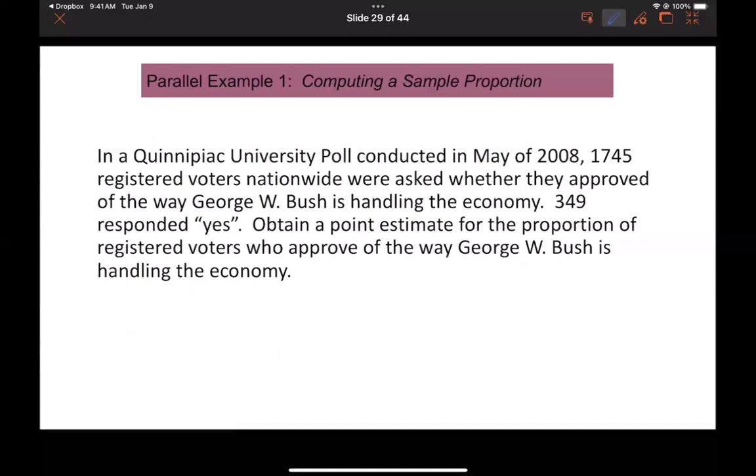So, Quinnipiac University poll. I didn't even know how to pronounce Quinnipiac for a long time. Then I had a student who knew something about Quinnipiac, and that's how they told me to pronounce it. So I believe them. I don't know if it's true or not. Anyway,